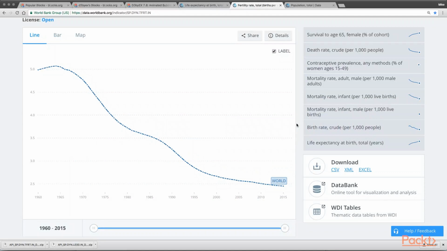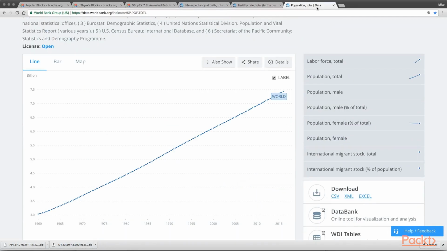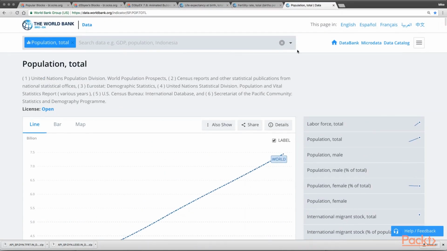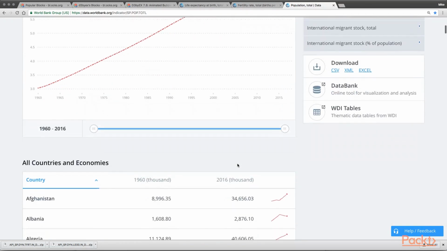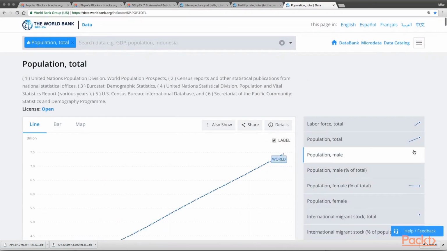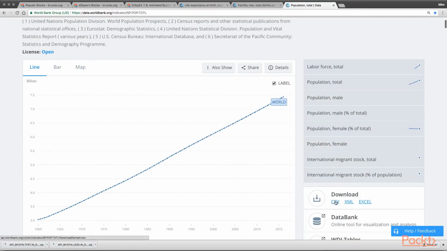Okay, let's go into the tab for this data set. This one is total population. So this will give us the total population of the given country for that specific year. Again, we have the same type of information on the page. We get a graph showing that our population in the entire Earth is going up a lot in the last 46 years. So let's come over and download this. There we go, it's downloaded. Let's open this up in the Finder